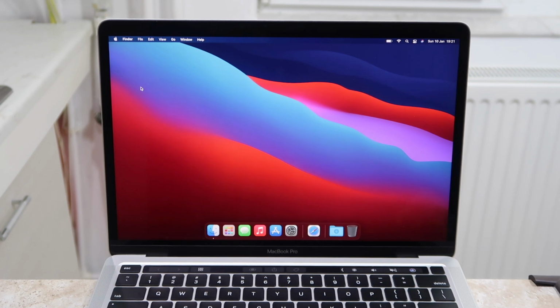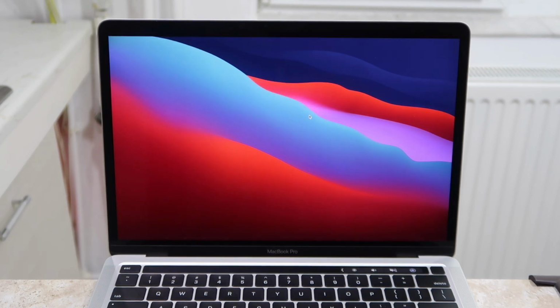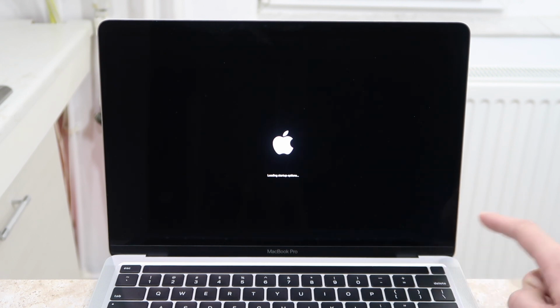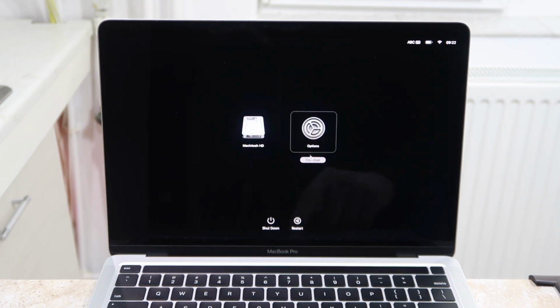To do this, we have to shut down the Mac. It's gonna take a while. Okay, so the Mac shut down. Now you have to go and press on the power button and hold it. You'll see the Apple logo and it says continue holding for startup options. Loading startup options, and now you can release the power button. You have to wait a while, doesn't take a lot. Okay, so now options appear. You have to go into options, click continue,